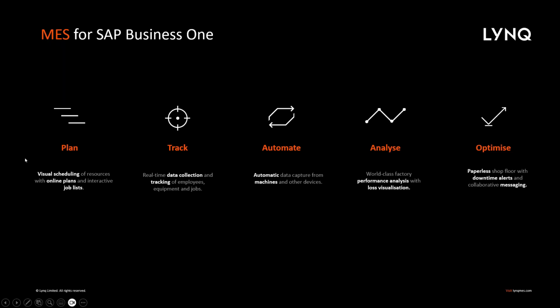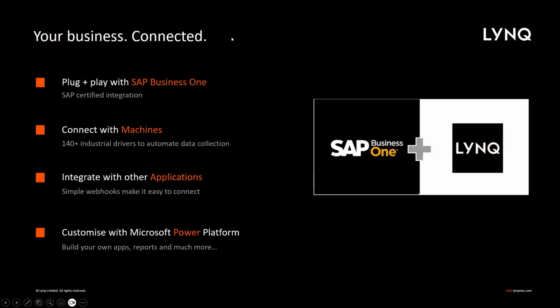We don't have a scheduling tool that sits in a silo that doesn't talk with the shop floor or vice versa. So everything is connected to get the value from this solution. Now, this is just really reaffirming the fact that we have certified integration with SAP, both HANA and SQL 9.3 and above, and then version 10, I think, on SQL side of things there. We have an integration white paper that we'll be happy to share with you.